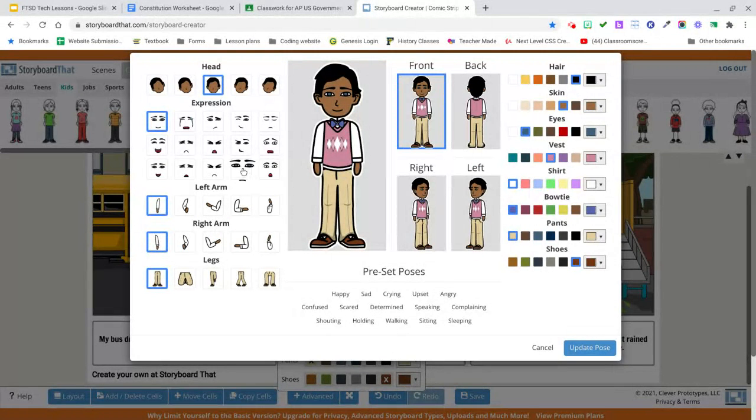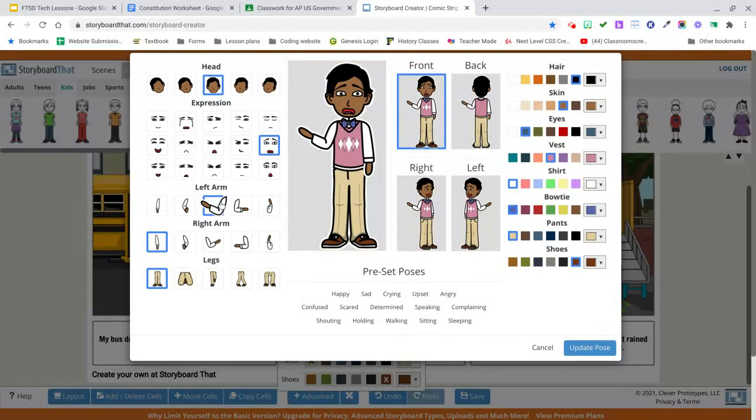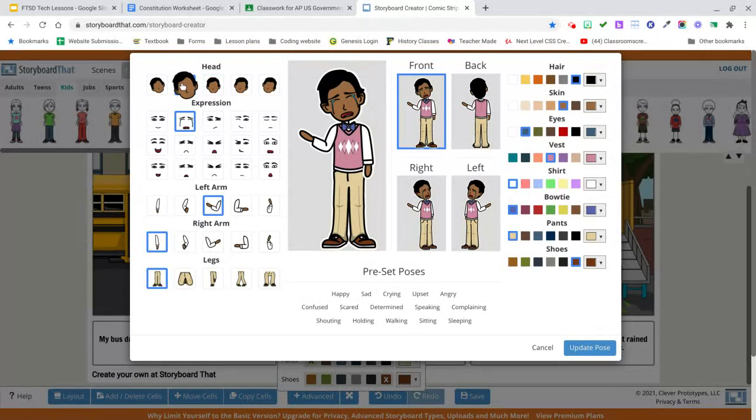All right, let's say he's wondering what I was doing last night. I never called him. All right, oh my goodness, he can't believe I got off the bus. All right, his arm, he's kind of waving at me. Or maybe he's upset that he's got dropped off at school and he's really, really sad. So there's all sorts of things that we can do to kind of mess around with him and get him